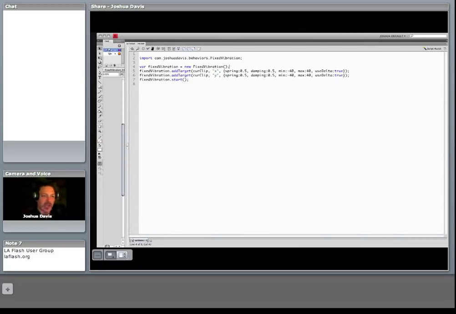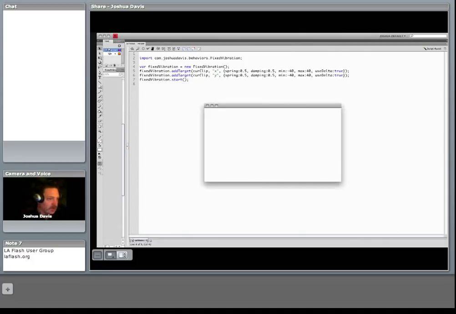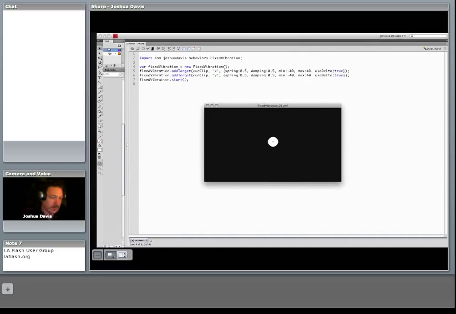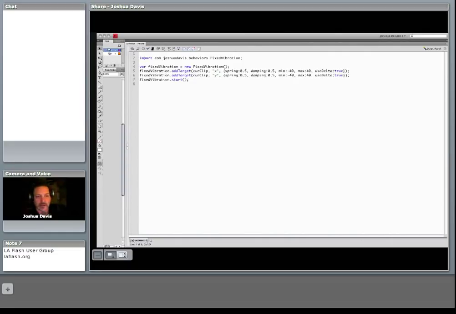Moving on to the next one. On this particular file, I've added 2 properties. I've said that I want to vibrate the x-axis, and I actually want to vibrate the y-axis. So I can actually talk to 2 properties independently, and I could actually give them completely different springs, different dampings, different mins, different maxes. And so now when I run this file, it actually does vibrate the x-axis and y-axis